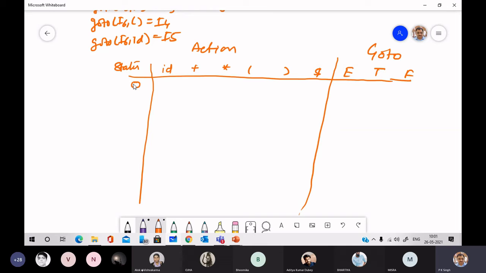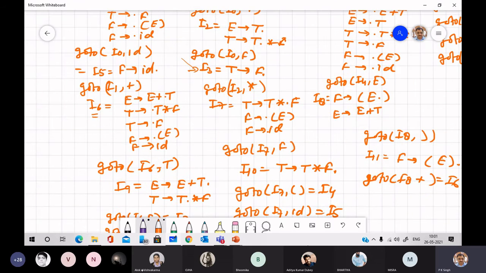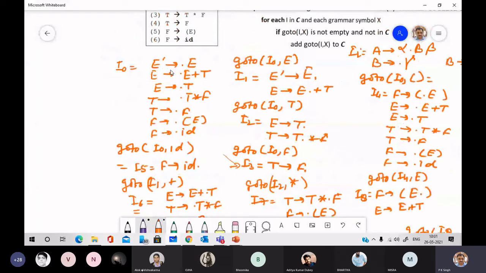We have to construct state 0 from item set I0. You have seen two terminal symbols just after the dot in item set I0. This is item set I0 we have computed. The dot is just before the terminal symbol, so the action is shift.